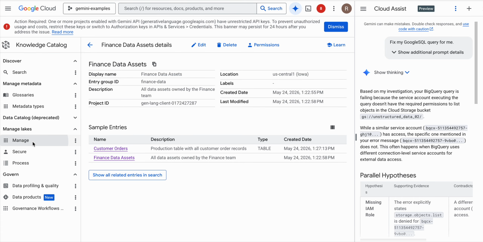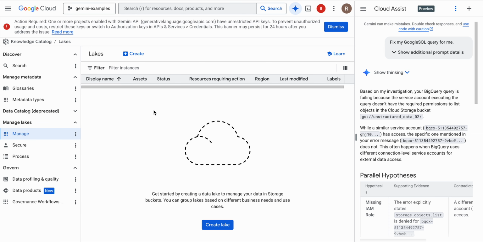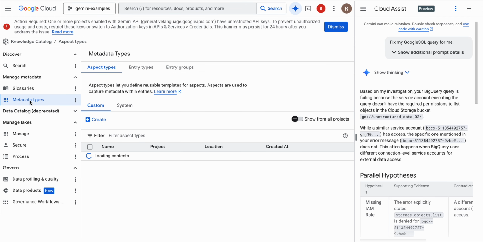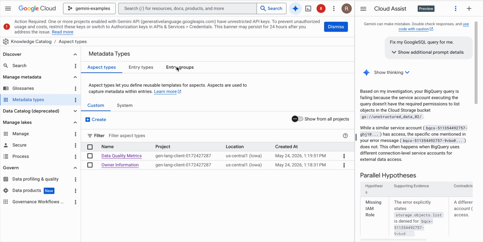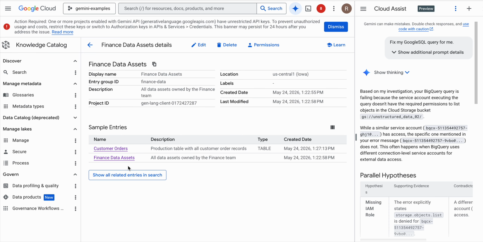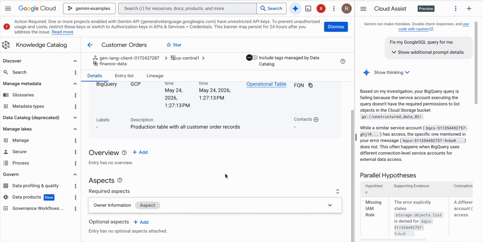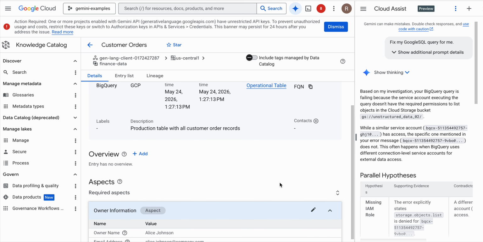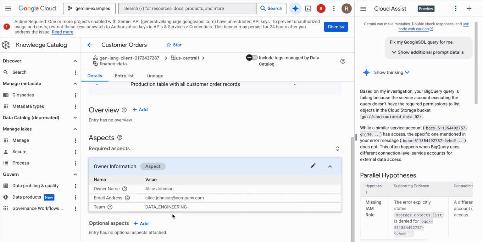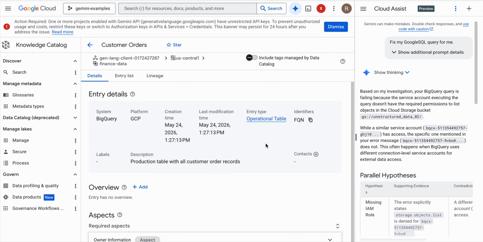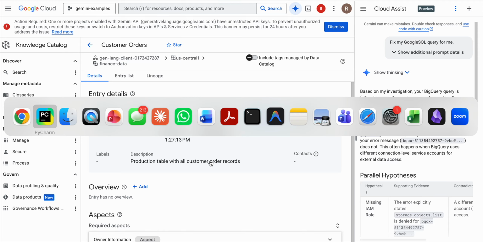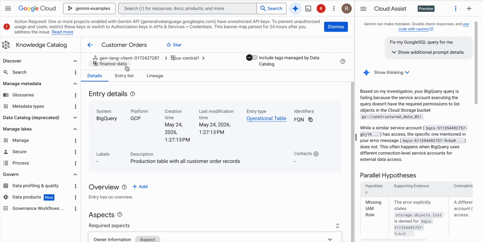We'll again come back from the main thing. So metadata types, entry groups, within the entry group financial data asset, we just added the entry customer order. If I click on customer order now, you will see it has attached that aspect. Aspect is attached, right? And this is my customer order entry within the entry group. Let me go back